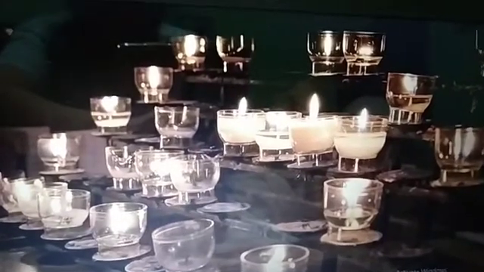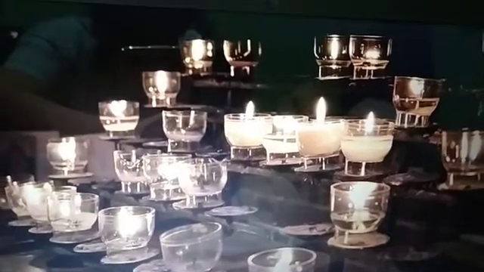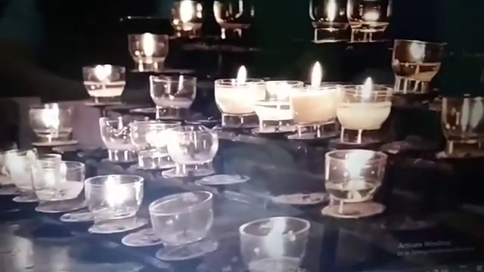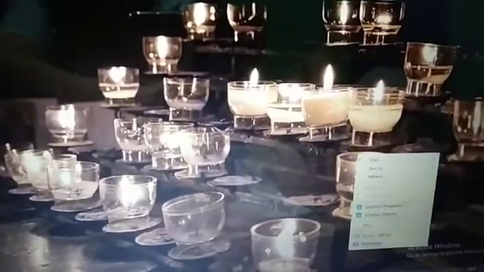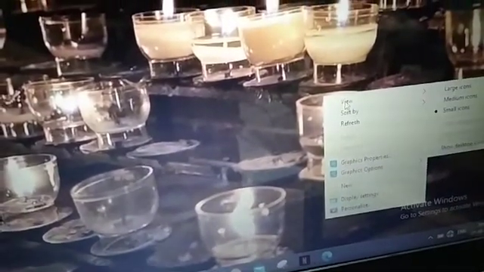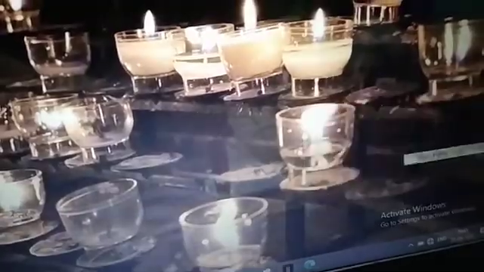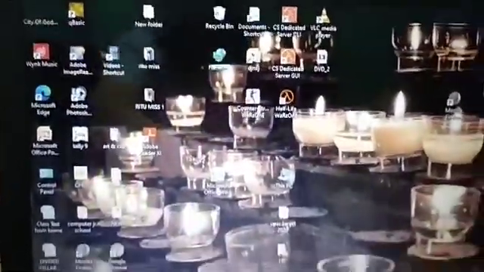And if you want to show them again, do the same: right click, go to view, and again click on show desktop icons, so all icons appear again.